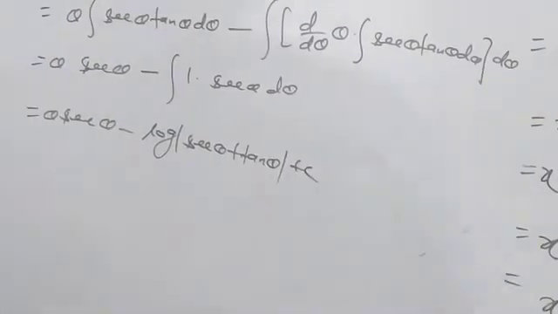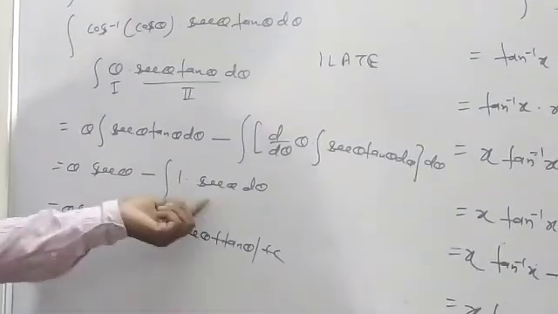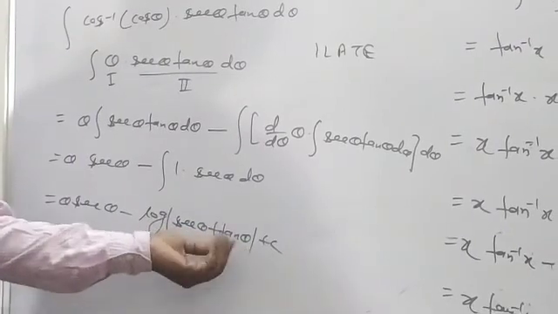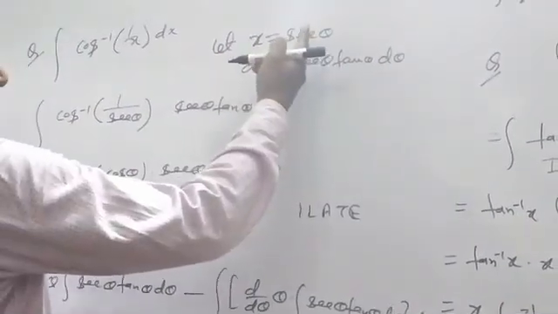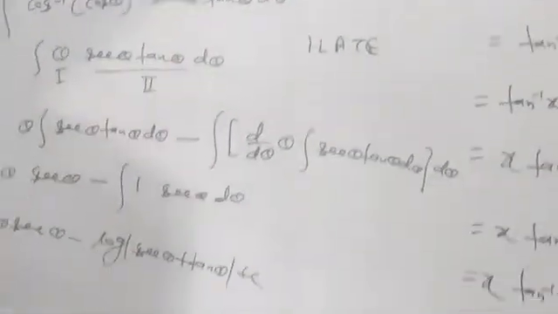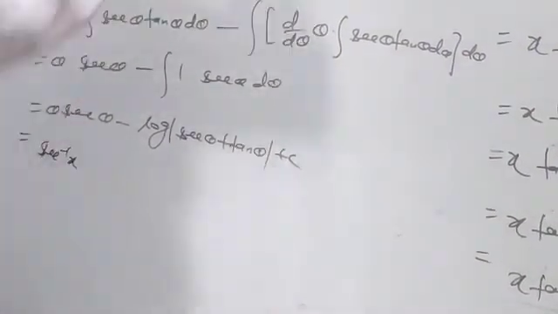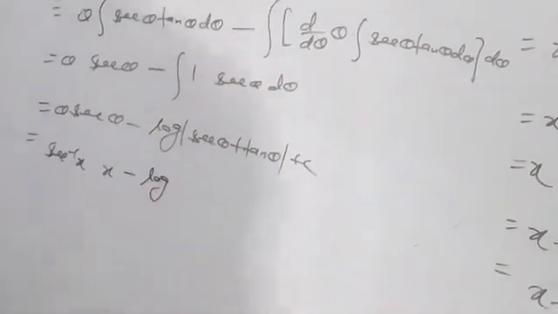Clear? Why? Because you can check also here. Log of sec theta plus tan theta means 1 by sec theta plus tan theta, sec means sec tan, sec square, sec common and cancel. Clear? Now we have to put the value of theta in terms of x. Theta is equal to what? Sec inverse x. Sec theta is equal to x, into x minus log of